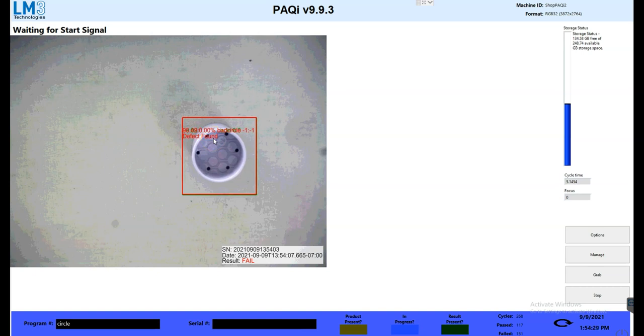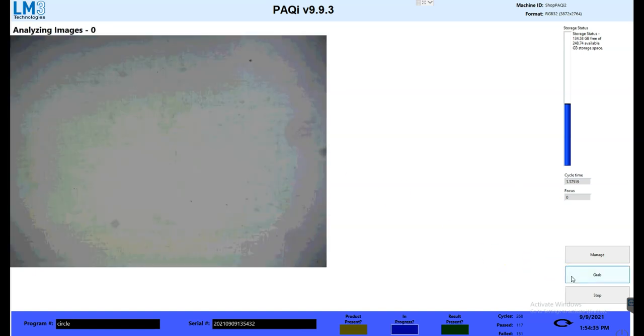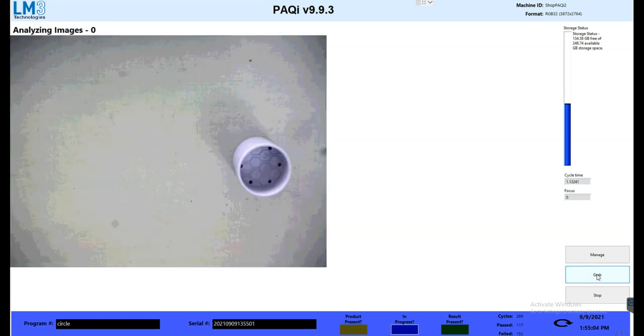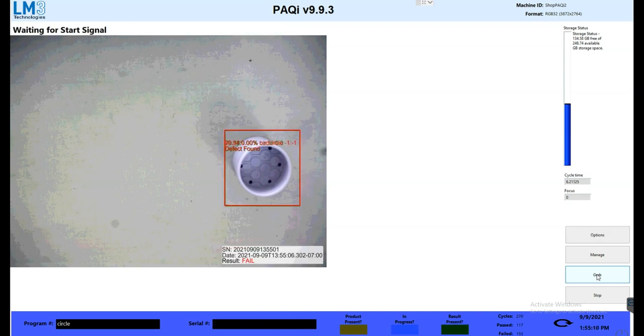Now if I were to remove the circle altogether, the program will say the circle is not found in this area, because that's how we calibrated it. We said expect a circle in this area. But note, if we don't turn on the expected positioning to be above 0% overlap positioning, no matter where we put the circle, it's going to find it within the field of view and draw a box around it itself, and not where we calibrated it necessarily. So as I move this thing around,